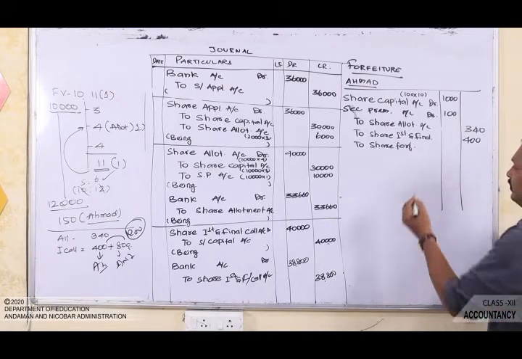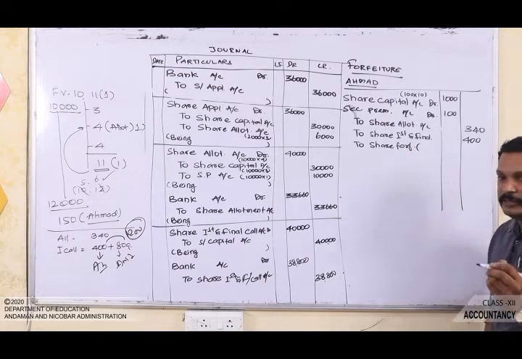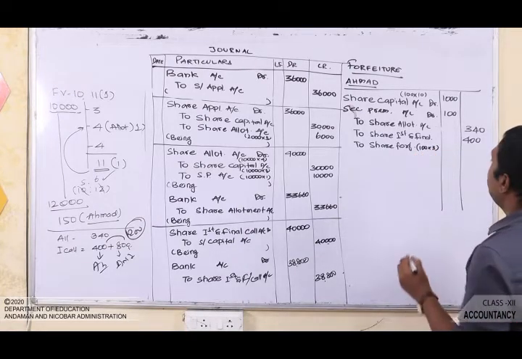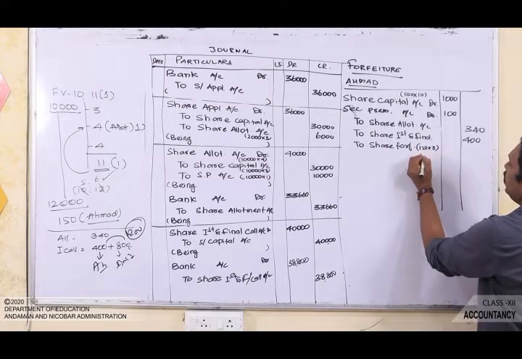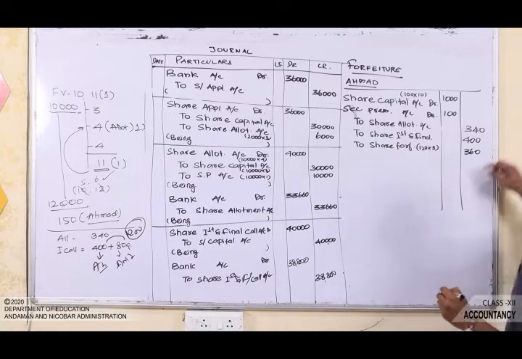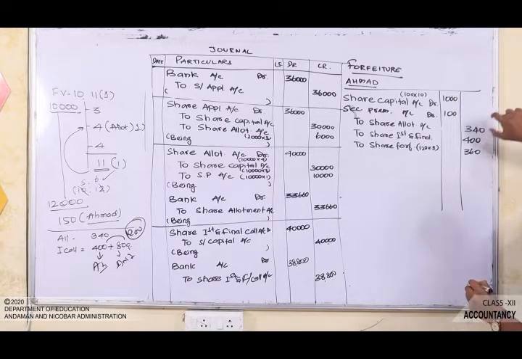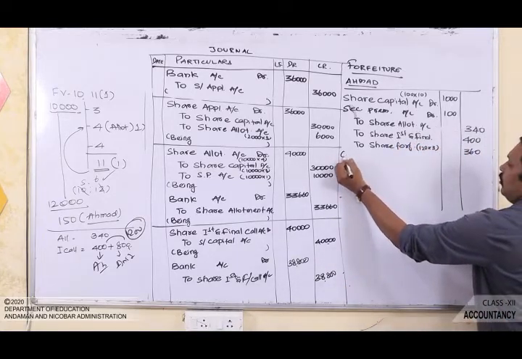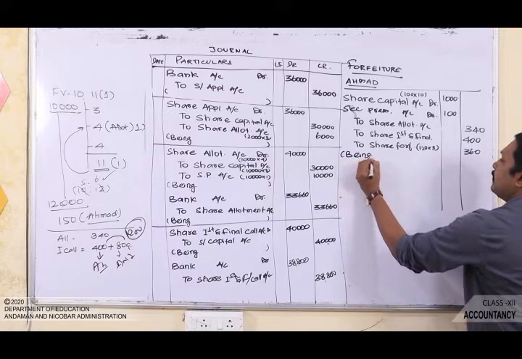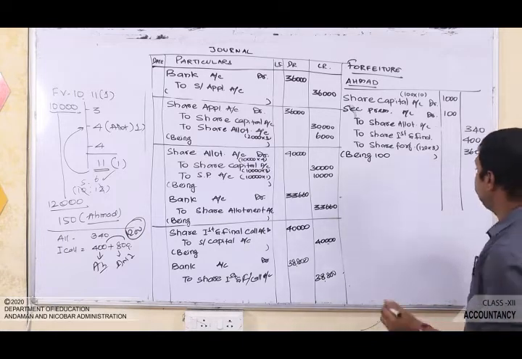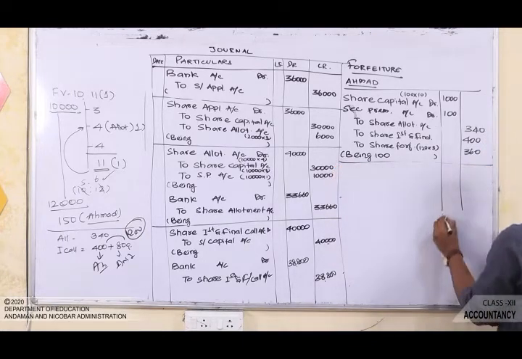So in shortcut, whatever amount is paid will be in forfeiture account. That is 100 into, actually 120 applied, no. So 120 into 3, that is 360 will be there. Thus you add this amount and deduct this amount, you get 360, that will be credited in forfeiture account. So you have to write here, being 100 shares were forfeited. Right. Now next is